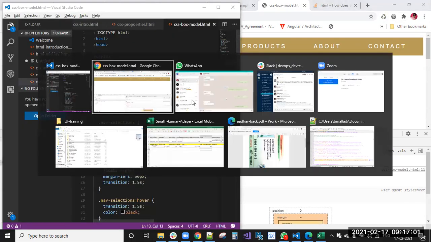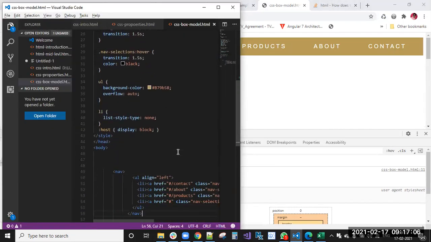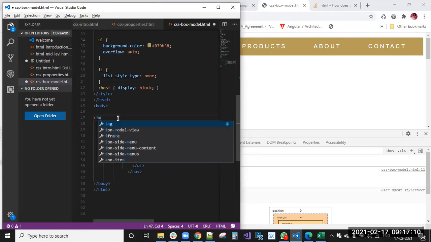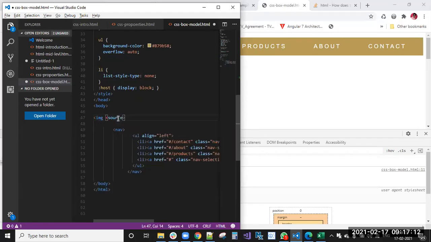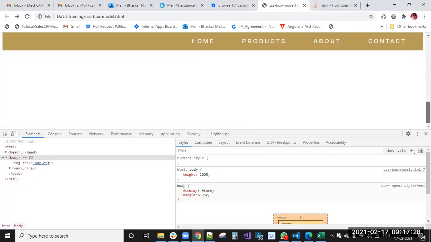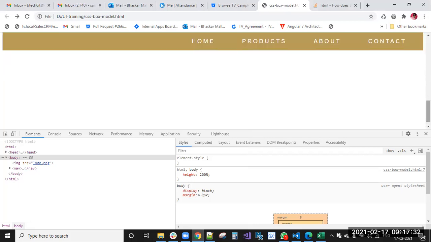Yes, it is working. Now we will add an image here also. I will show you how sticky will work. Logo.png. I have applied the logo.png. Now you can see that up to here it moved, right? From that position it won't move. You can see that this is position sticky.